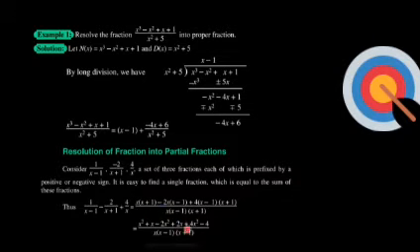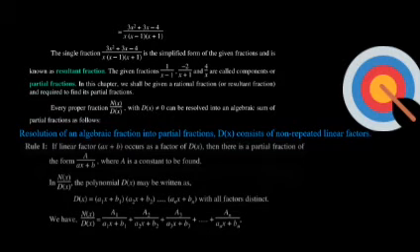We take the LCM of these three terms. After taking the LCM, we are left with 3x square plus 3x minus 4 divided by x into x minus 1 into x plus 1. This is a proper fraction. How is it a proper fraction? Because in the numerator it has the highest degree of 2 and in the denominator the highest degree is 3. There are 3 x's being multiplied by each other, so they will ultimately give a cubed power.